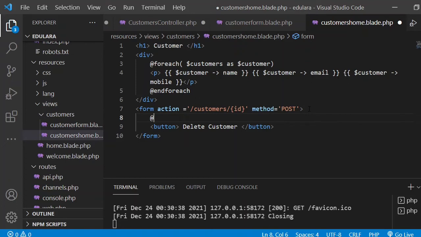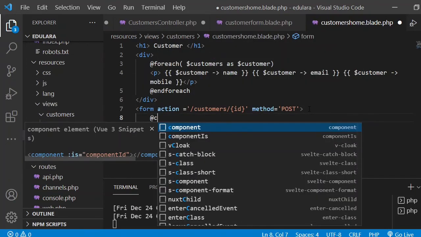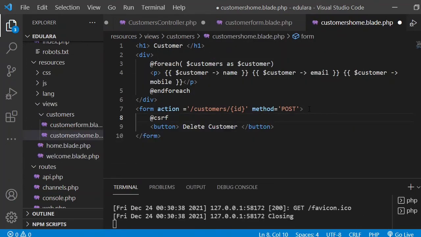I don't fully understand what it is, but this helps prevent some hacking from those trying to hack your database. So it is CSRF,